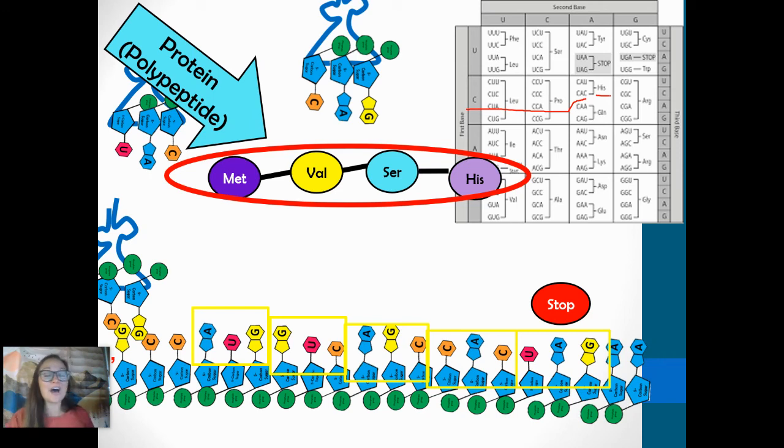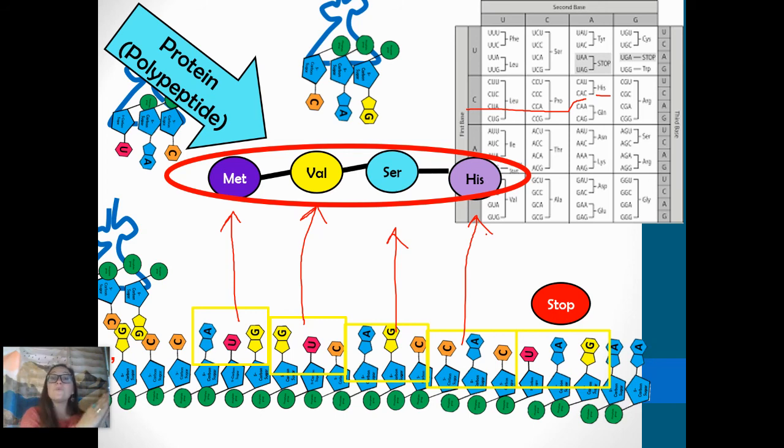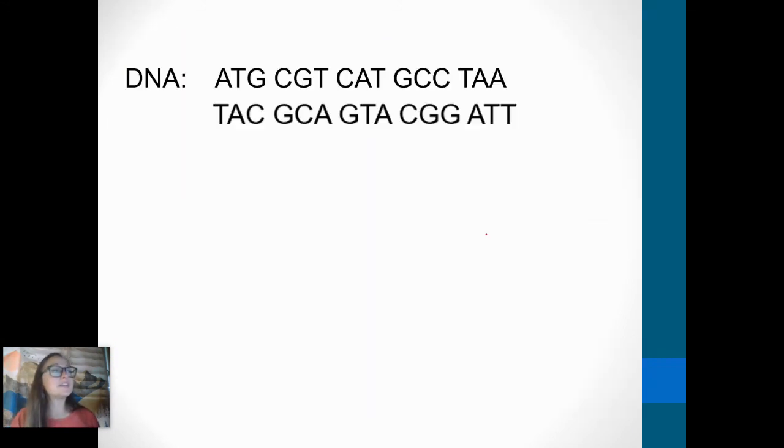Now you can see how it was the order of the codons, or the sequence, that told us what order to put the amino acids. So the directions came from our DNA, and they were transcribed or copied into RNA. And now the ribosome read the RNA to know which sequence and how many amino acids to join in our polypeptide. So when we look next at the overview of this, we start with DNA in our nucleus, and it's